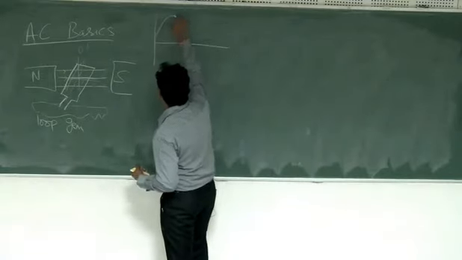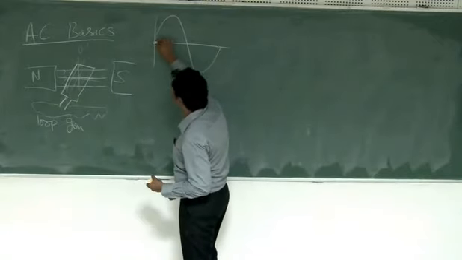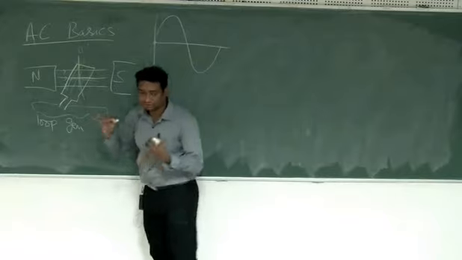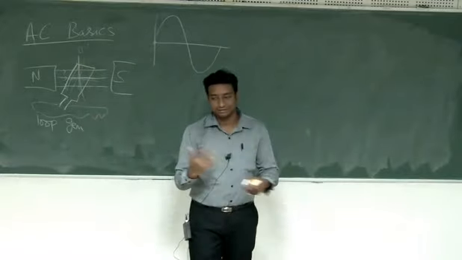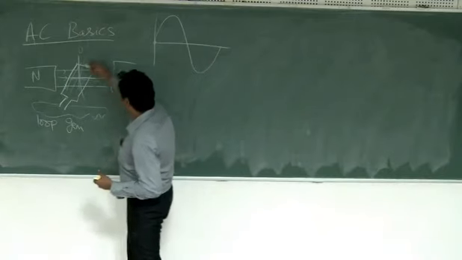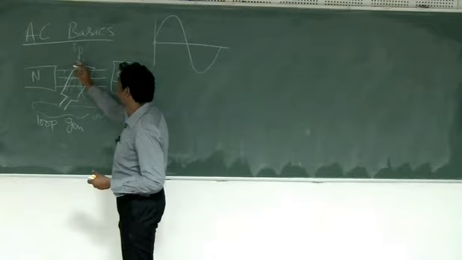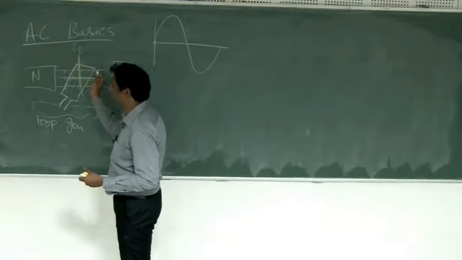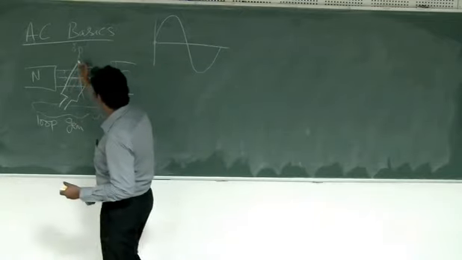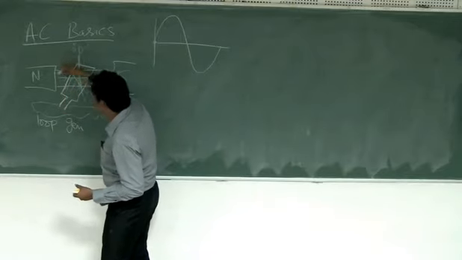So I can just draw like this. Now this position corresponds to the vertical position, for example. It's just a matter of taking the reference point. I can define this as my 0 degrees, and then let's say I am rotating this side, maybe you can say I am rotating the left side, like this and so on.